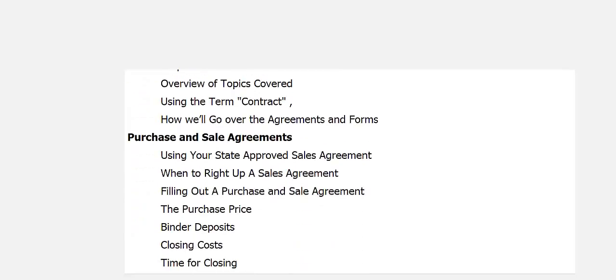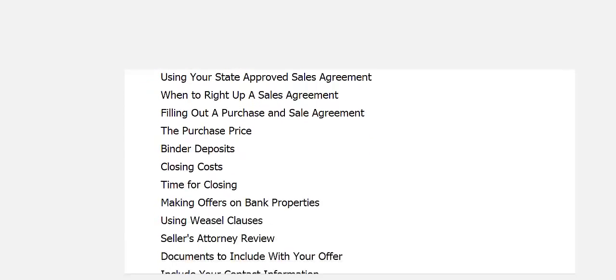The first one is your local state purchase and sale agreement, using your state-approved sales agreement. When to write up a sales agreement, filling out a purchase and sale agreement, the purchase price, what's a binder deposit, what are closing costs, the time for closing, making offers on bank properties, using weasel clauses to get out